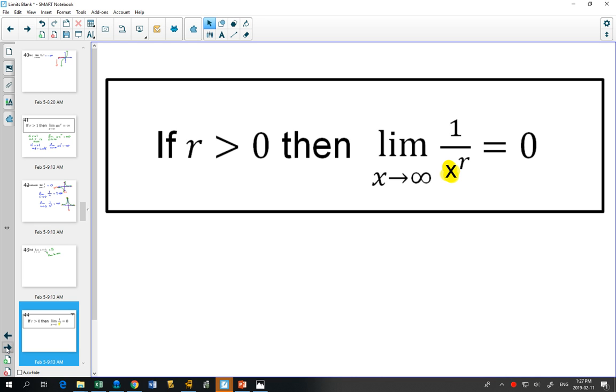So we can summarize some of these patterns. If your x value is getting to be really, really large, and